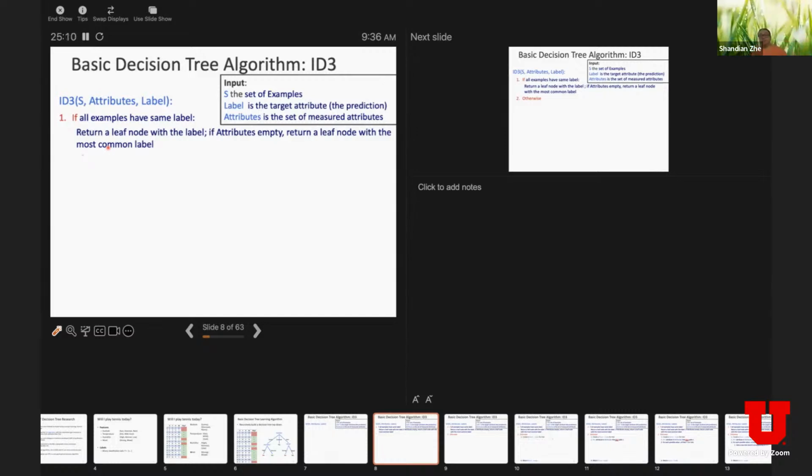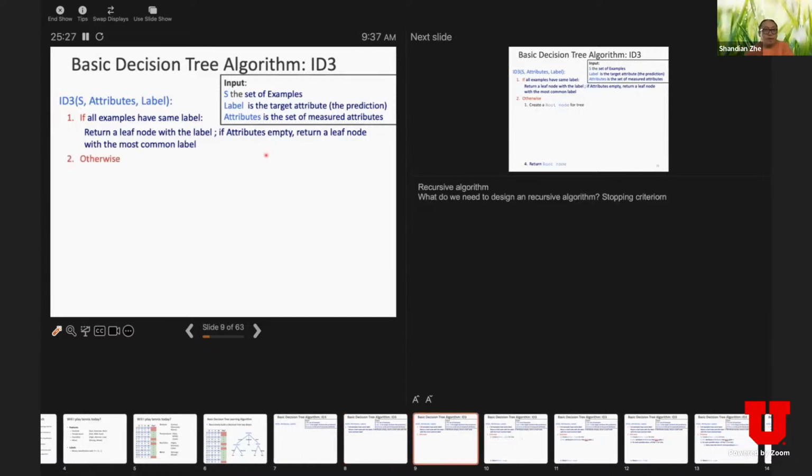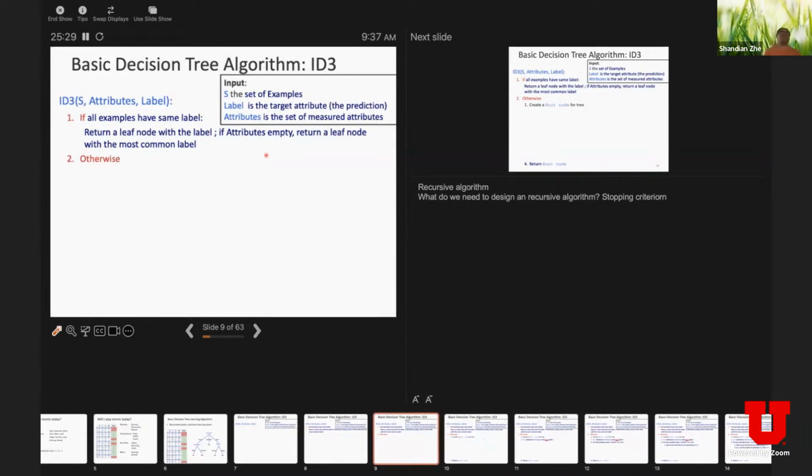Okay, great. So in your implementation, be sure to implement this first, to make sure that you consider the two cases. Otherwise, it is possible that your algorithm will work abnormally, right? So if it's not a stopping case, meaning that we have not yet arrived at the leaf nodes, we can do something. So first,